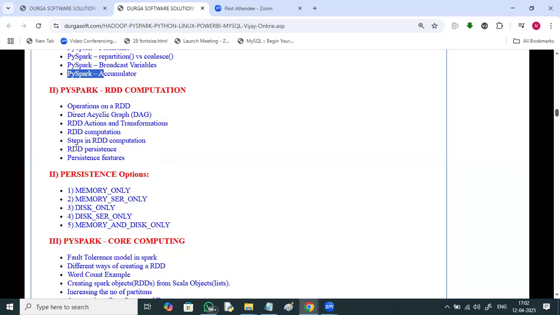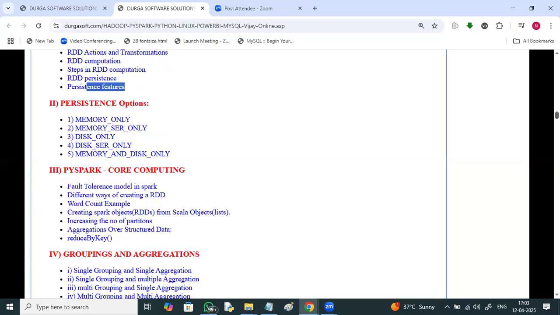We say resilient distributed datasets, persistence features, persistence options: memory only, memory serialized only, disk serialized, memory and disk only, right? PySpark core computing, fault tolerance model in Spark, right?